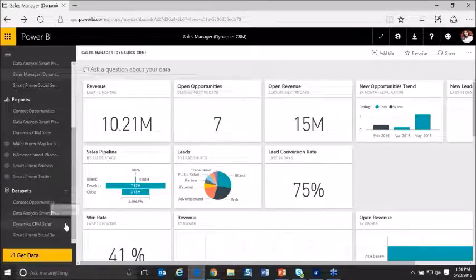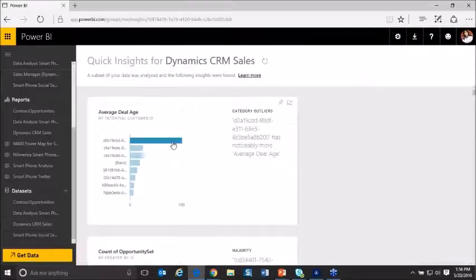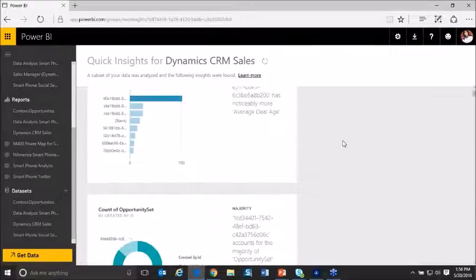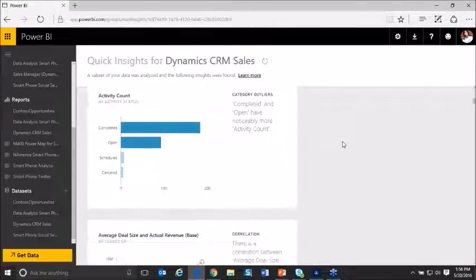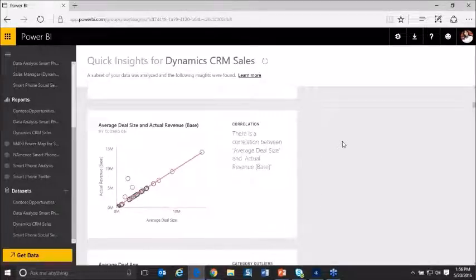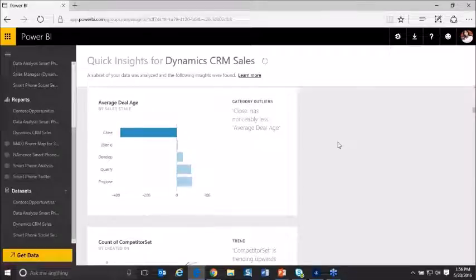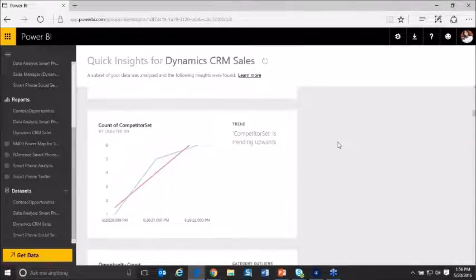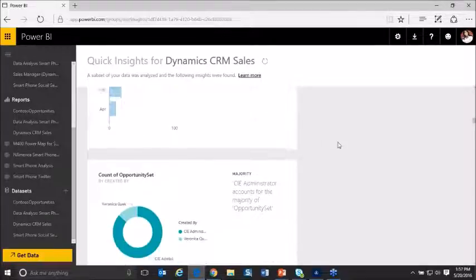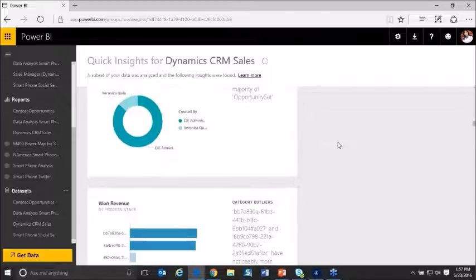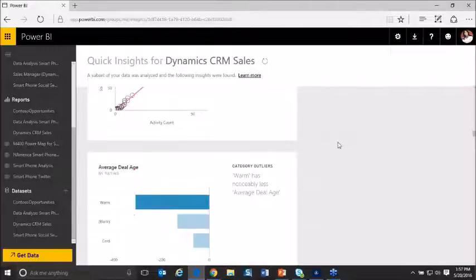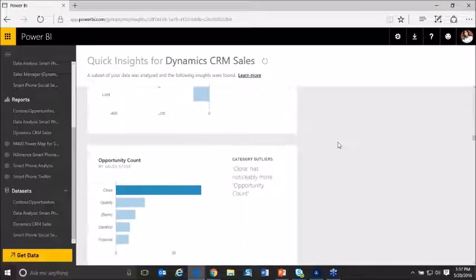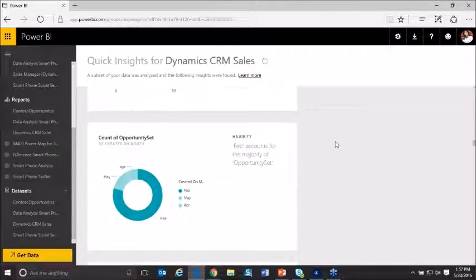I can also show you that we have Insights. What Insights does is it provides an analytical perspective, like an analytical analysis, to be redundant, of all your data. And it looks at it the way a computer artificial intelligence would look at your data. It's basically looking for category outliers, trends. It's counting up the various things that can be counted and showing you some really interesting information that actually some of it may not be that useful, but every once in a while you're going to have an aha moment and say, wow, I didn't realize that February had more sales opportunities than any other month,